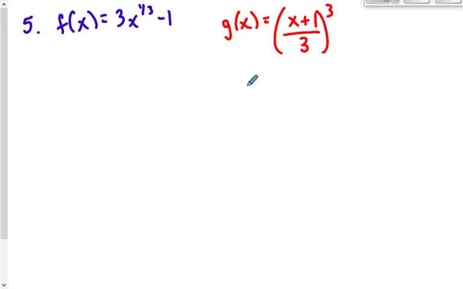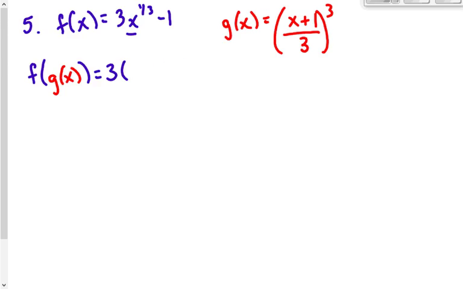To determine if they are inverses, and on the assignment a lot of you did not do this, so you got your problems wrong. To determine if they are inverses, you have to plug them in. You can't just graph and look at the graph and eyeball it. You have to plug one into the other. So I have f of g of x. So I'm plugging the whole g function into the x part of the f function. So right here, every time I write the g function, it's in red, the blue will be the f. So 3